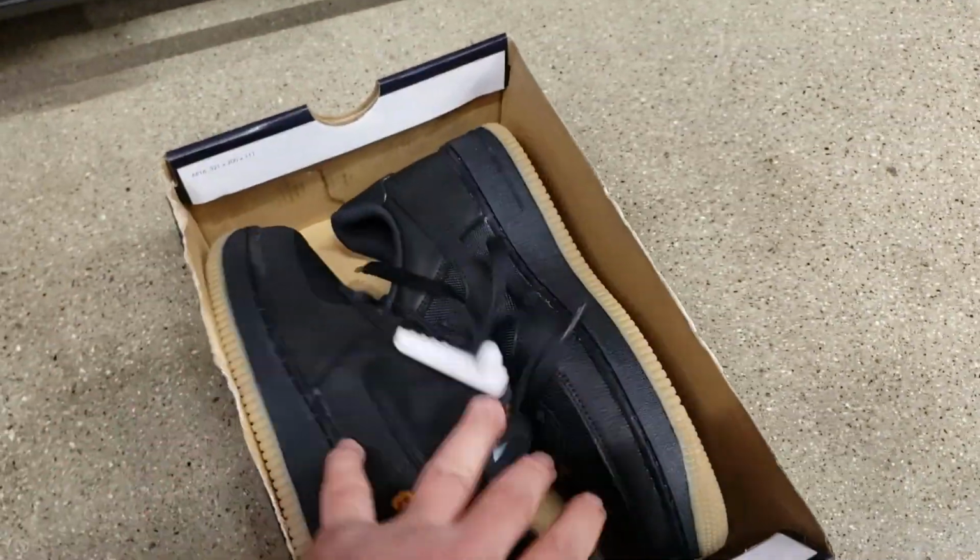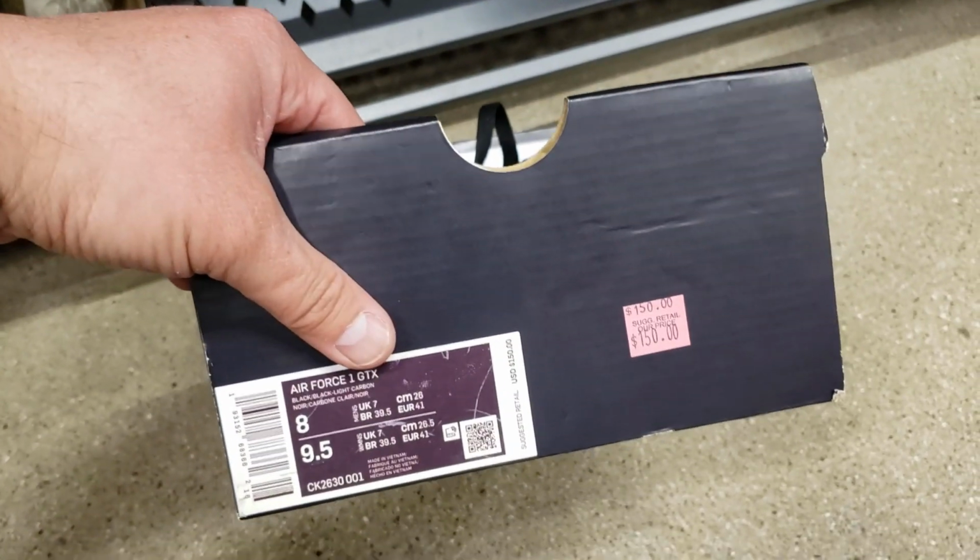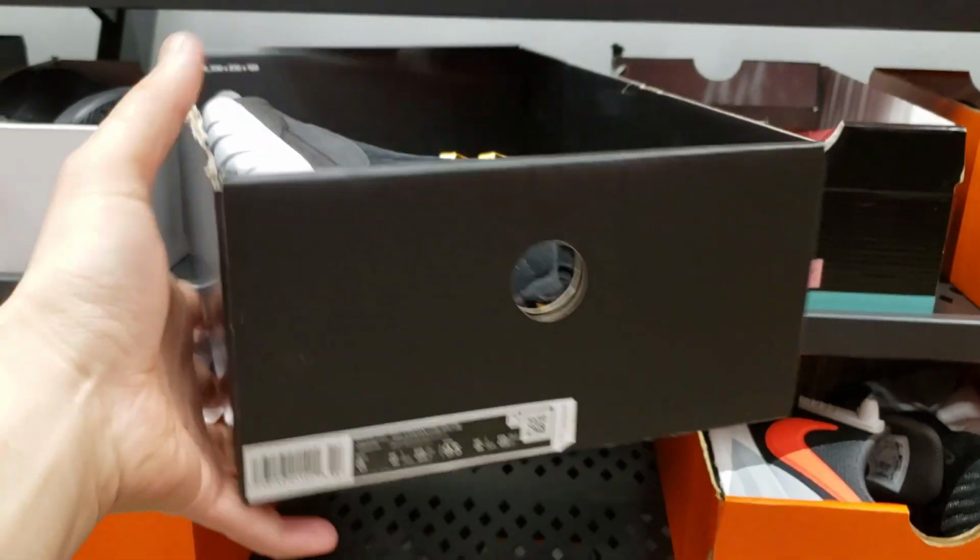Going for premium, man. That Gore-Tex charging $150. Get 20% off $150. This is not a retro 3. Look,